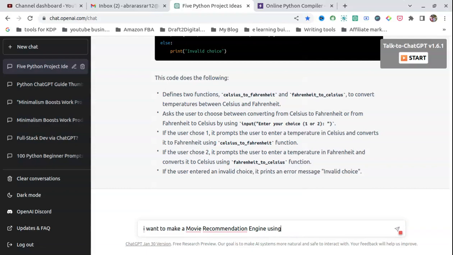Instead of code, let us first ask it to explain using Python. Please explain all the steps. You can also tell it, okay, I am new to Python.